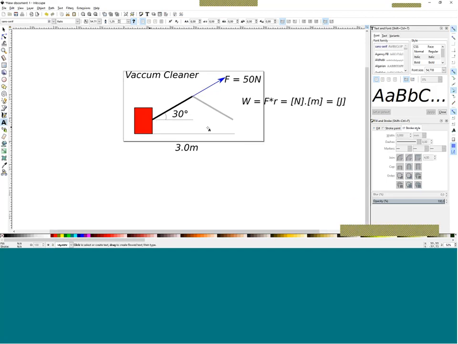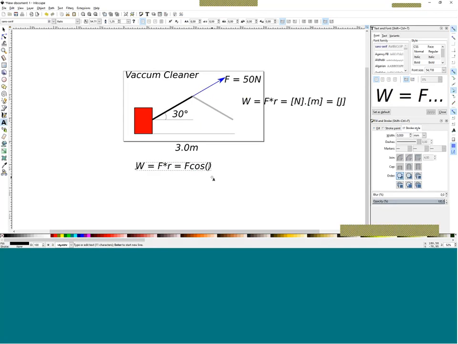So like we had the vacuum across the floor 3 meters, very lazy. I want to know exactly how much I'm working every time I'm dragging this vacuum cleaner. So then we wrote F times, or maybe more specifically, F times r. But in this case, we're not concerned with force because the force in the vertical direction is essentially 0. The force in the x direction is the one that I'm more concerned with.